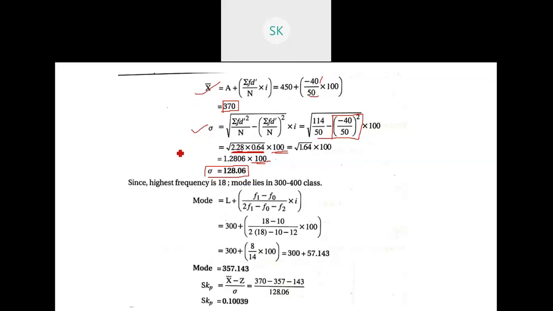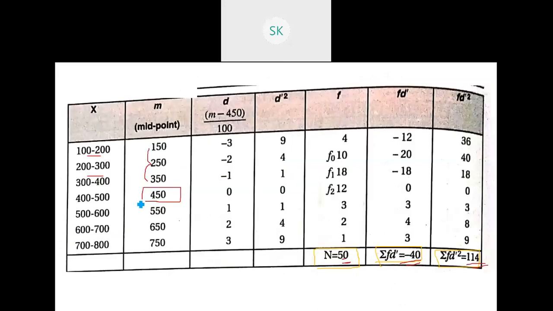Now let us see the problem and analyze if we can calculate the mode for this particular problem. Let's go back to the table for a while. You have the class intervals given here and then you have the frequency here. See only these two columns, frequency and class intervals. First we'll check the frequency. Which is the highest frequency in this? You have 18. 18 is the highest frequency.